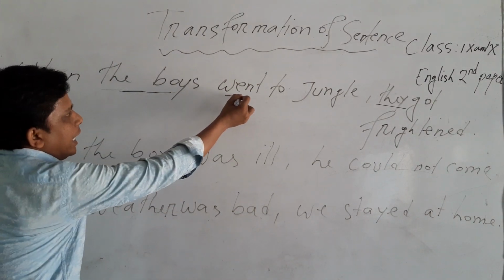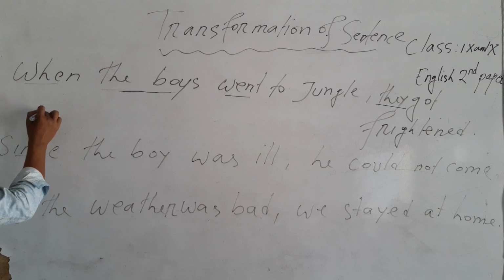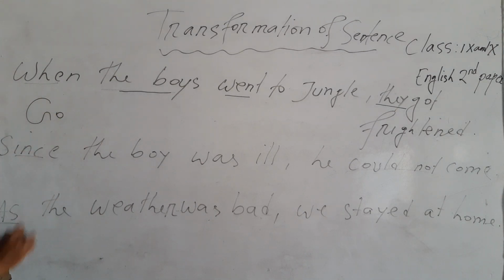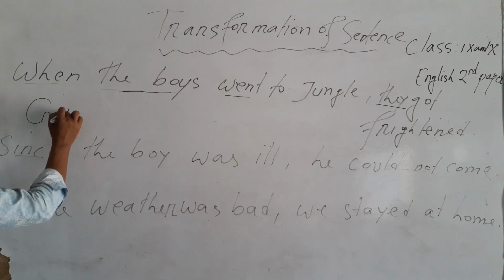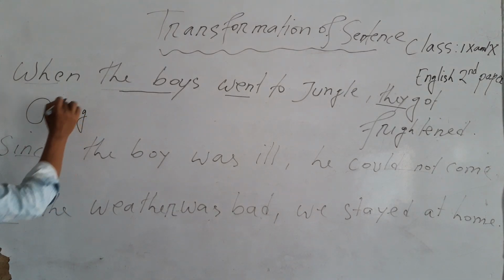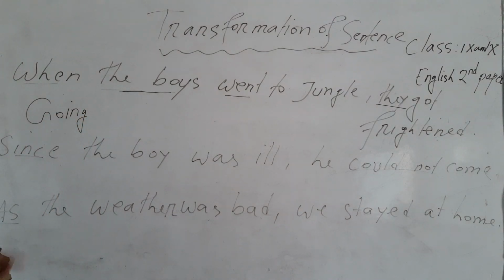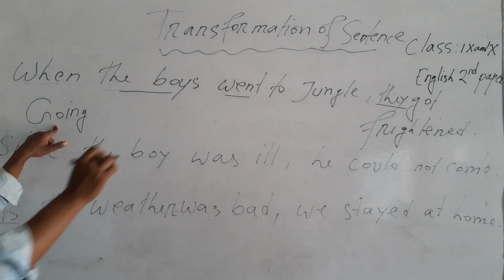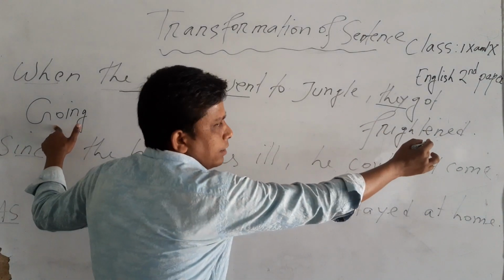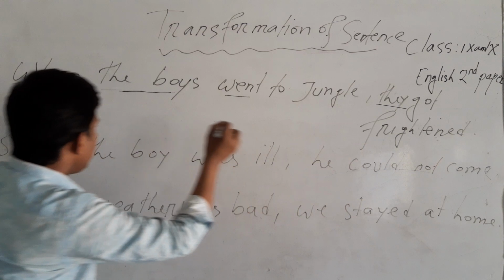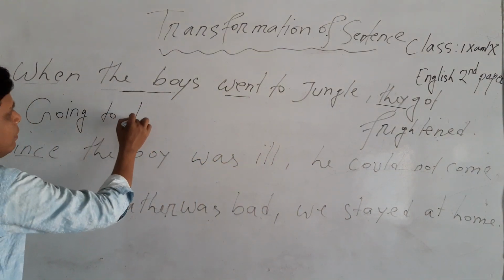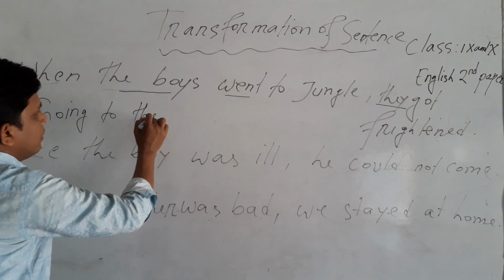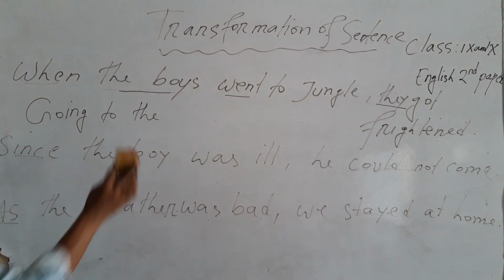Instead of went, we shall write go and add ing. I mean, start with a participle and write the rest of the sentence like this. Going to jungle